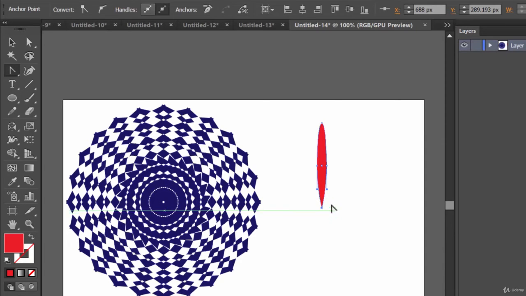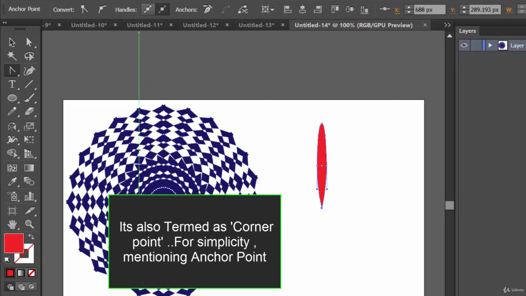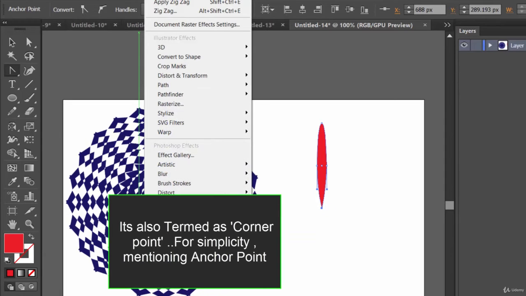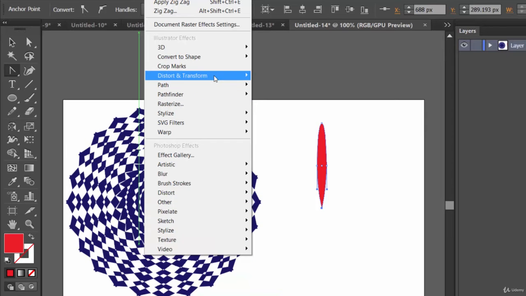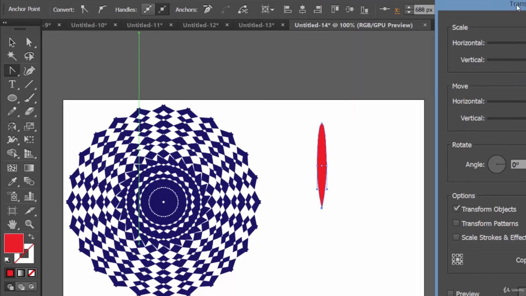I mean, it was a curvy point. We are making it an anchor point. And again, we are going to Effect, Distort and Transform. So the first one is Transform, second one Pucker and Bloat, third one Zigzag. These are the three steps.